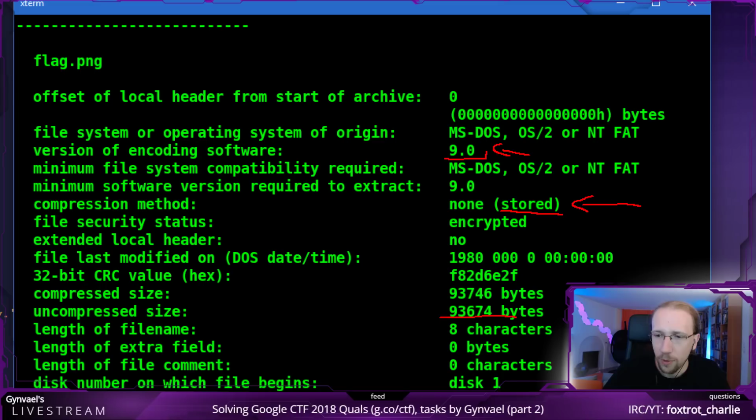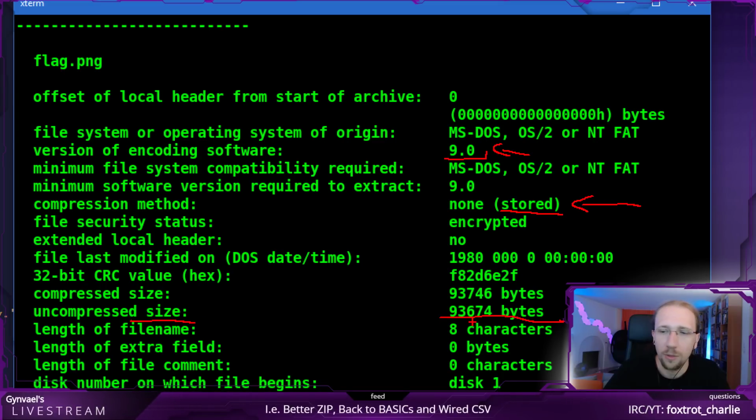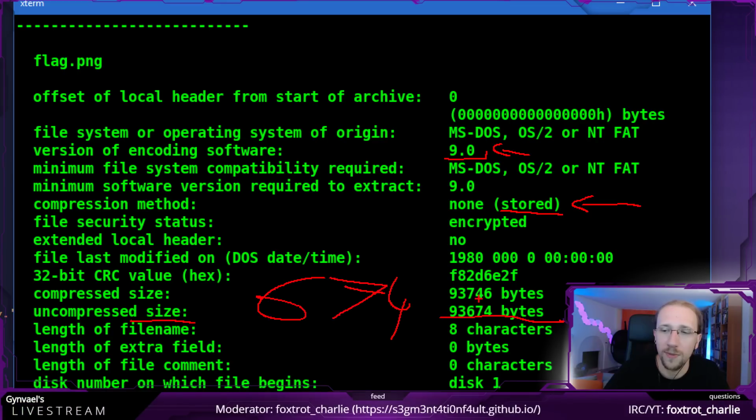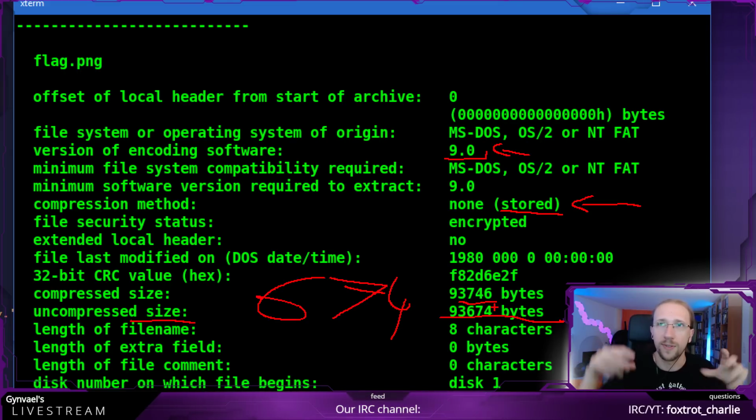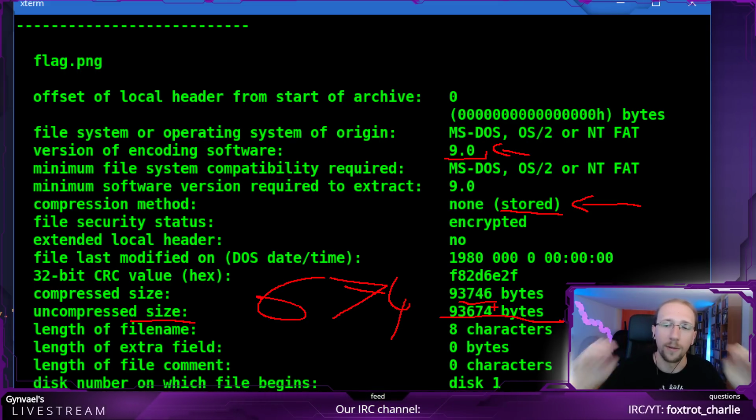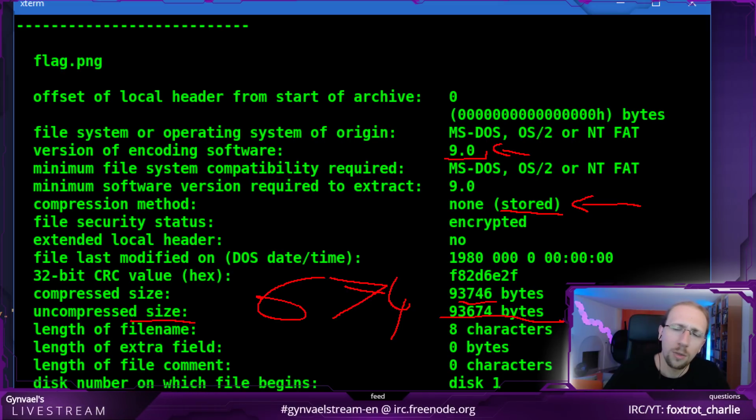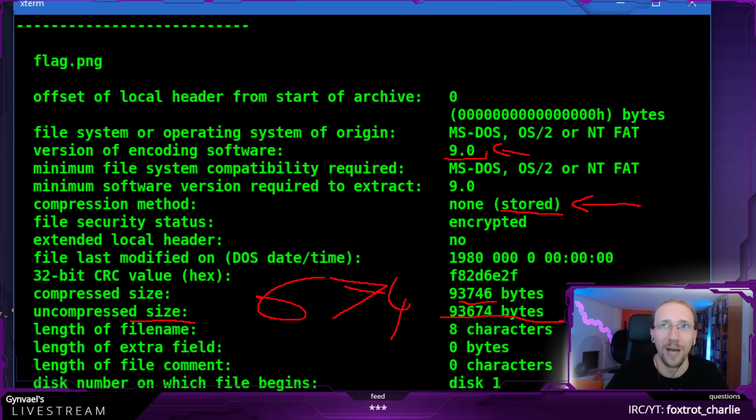Then we have some more information. The uncompressed size is 93 kilobytes 674 bytes, but the compressed size, and again, it's not compressed, so this is the stored size inside the zip file, is about 70 bytes more.